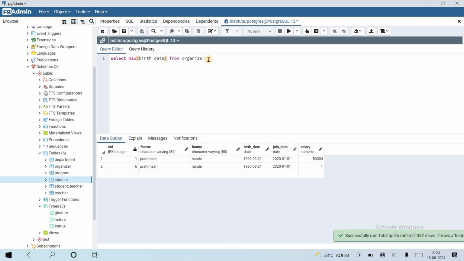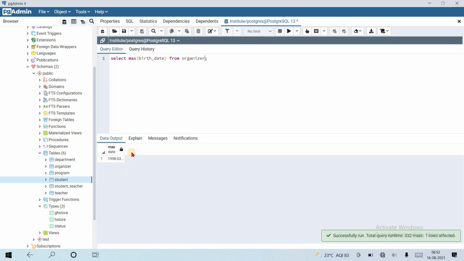It gave me an error. Oh, it didn't give me an error even though we haven't used the group by clause. It gives me the maximum birth date, meaning the latest one. Okay, suppose group by first name. But we haven't fetched the first name column.